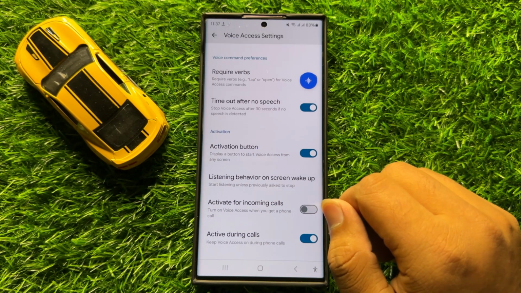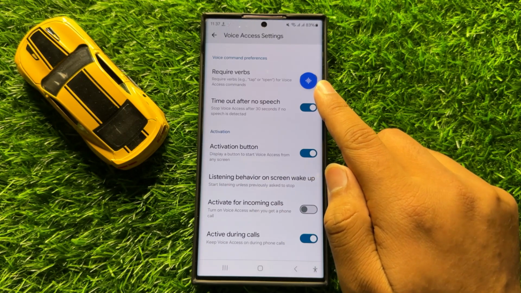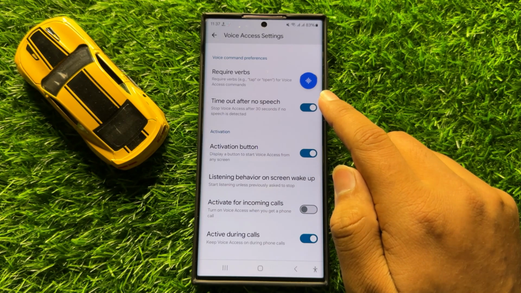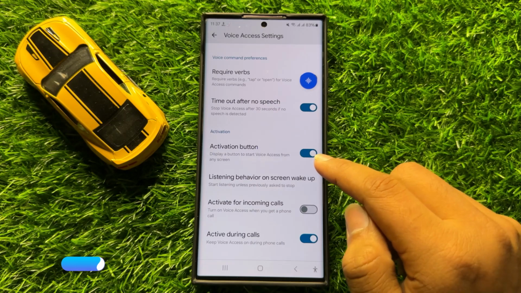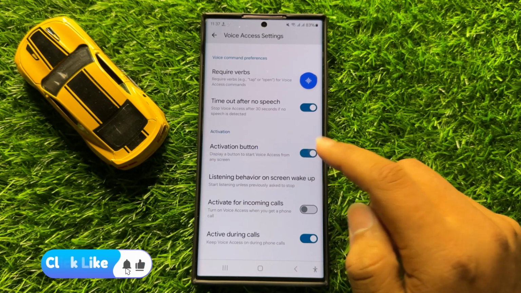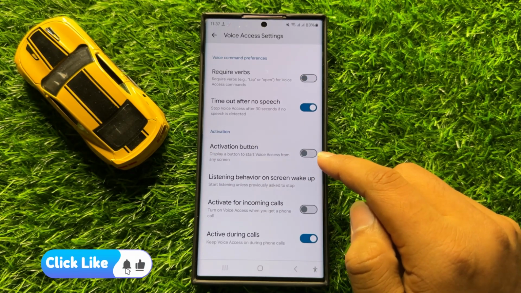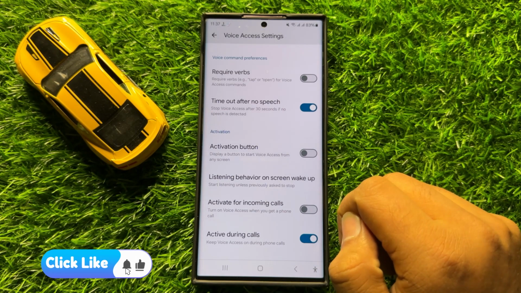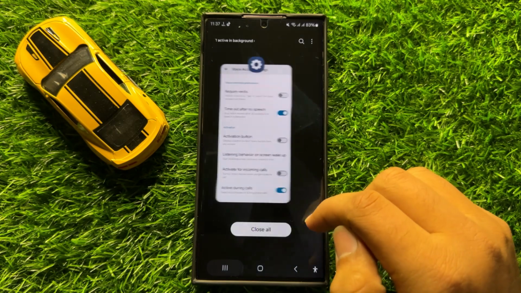And if you want to turn off the voice access activation button on any screen, then tap on this button again to turn it back off. So with this button you can turn on or turn off voice access activation button on any screen in Samsung